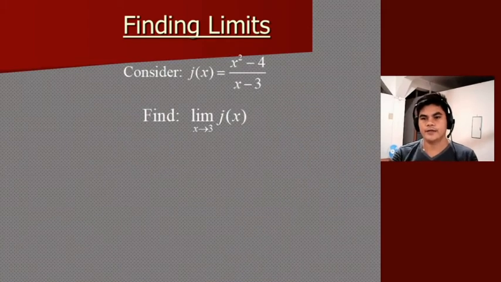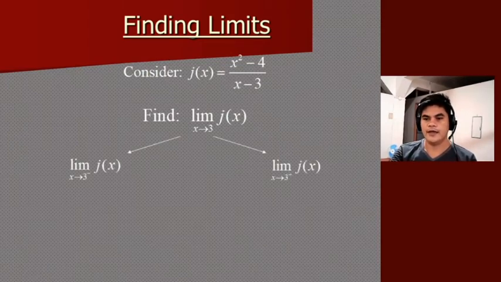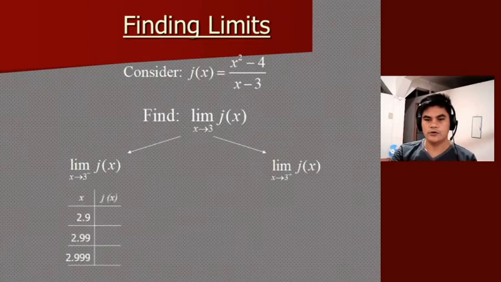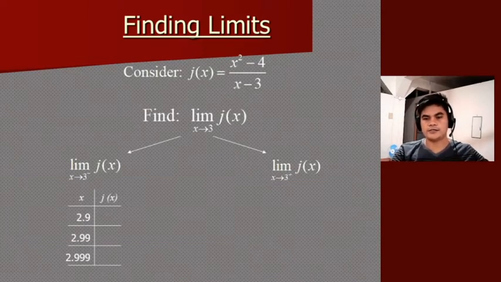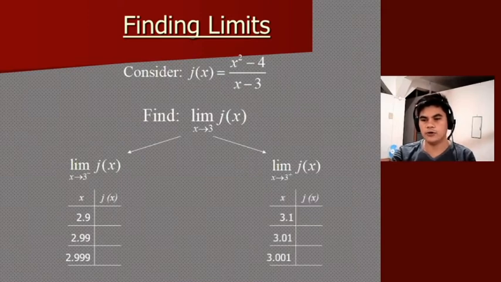Another example. Let us consider g of x is equal to x squared minus 4 over x minus 3. And we will find the limit of g of x as x approaches 3, now from the left and from the right. So, we have the values of x: 2.9, 2.99, 2.999, as x is approaching 3 from the left. Now, from the right, as x approaches 3 from the right, we have 3.1, 3.01, and